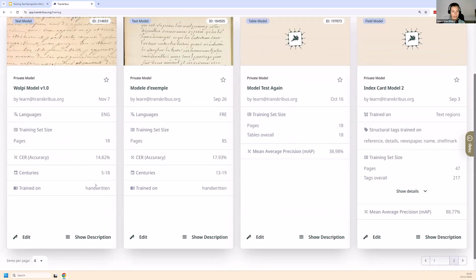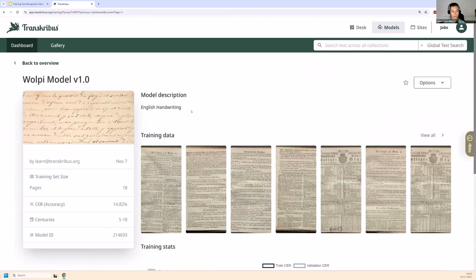Now, something that is also always good to do is to evaluate your model. So we've had a look at the training data, we created the ground truth, we trained the model, but now we want to see, is the model good? Will it perform well? And there are indicators where you can check that. So first is CER, which Sonia already explained. The CER is the character error rate, and here it's